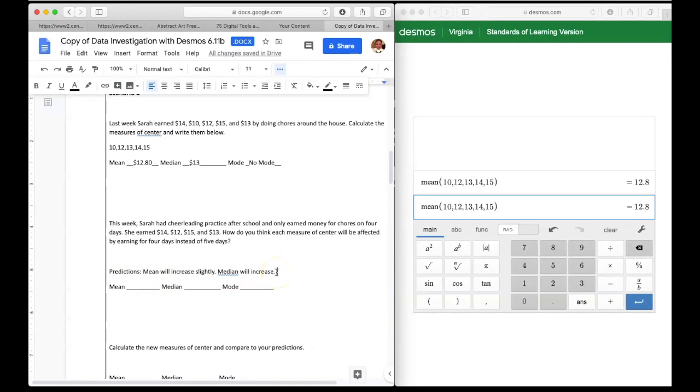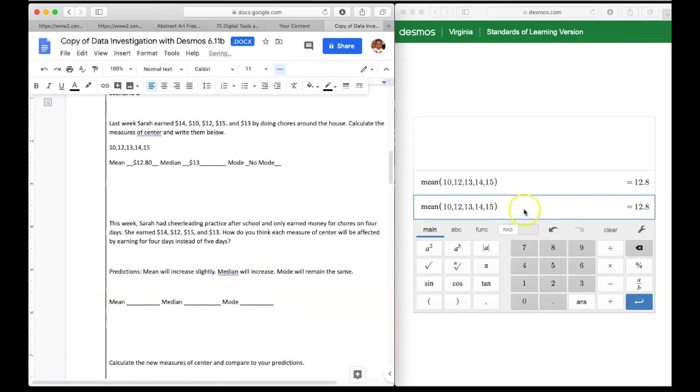And then I want to maybe say, what else do I want to say? The mode. Let's think about the mode. I think it's still going to be the same. So we're going to say the mode will remain the same. All right. So this is just nice, simple, to the point. No biggie. All right. So let's go ahead and find our